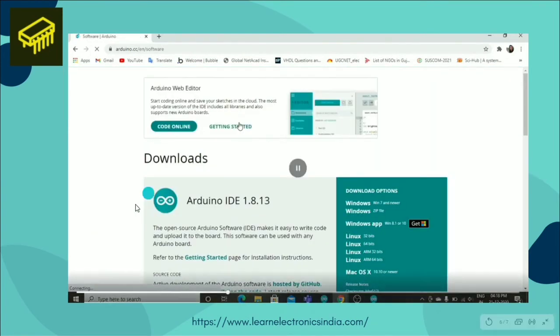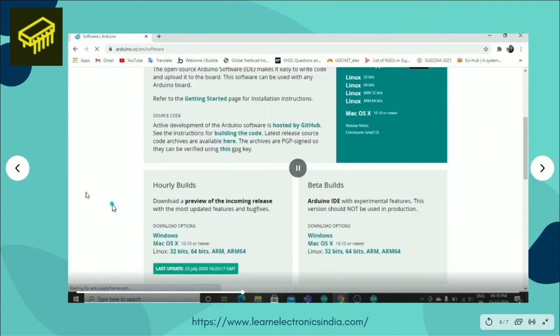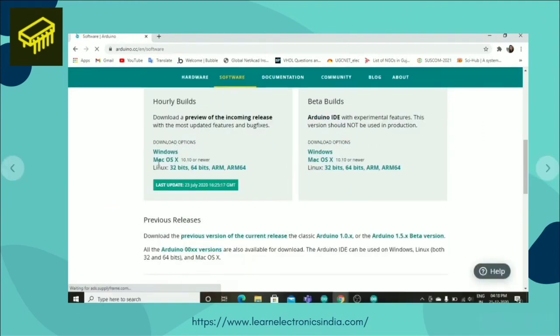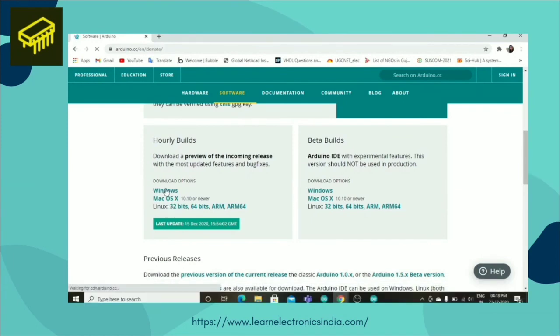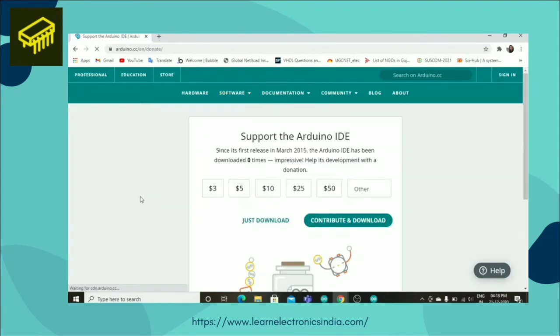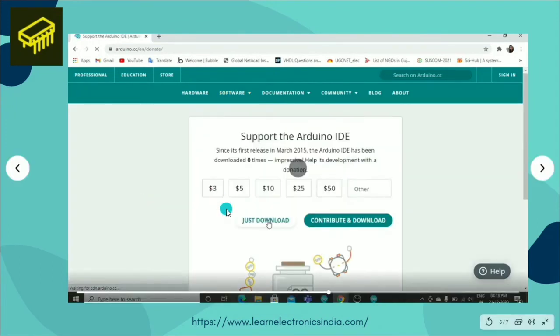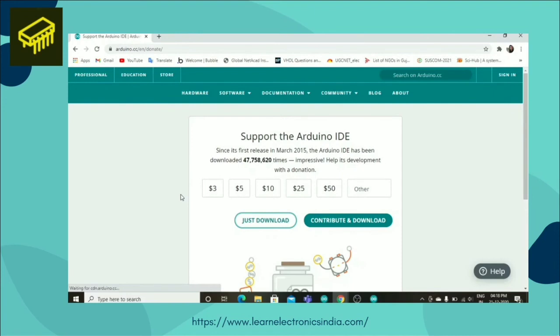After clicking on download, you will get a new page. Go down, and according to your operating system you can choose the download options. So click on that, and then a new page will appear, and then click on just download, and from here your downloading will start.